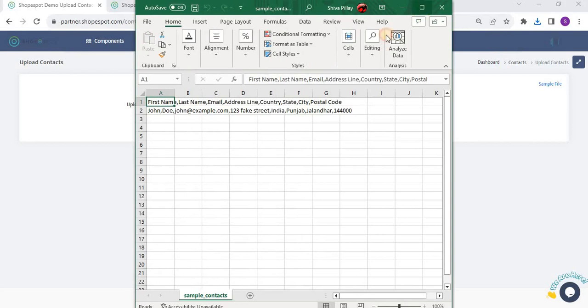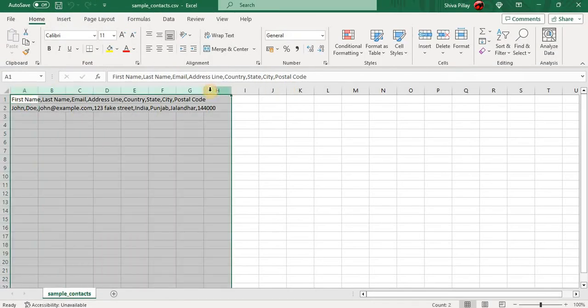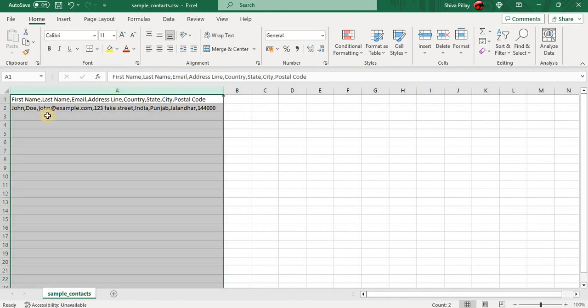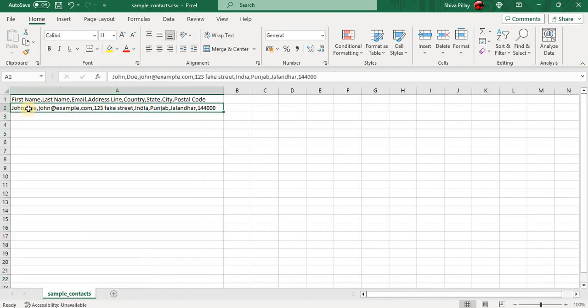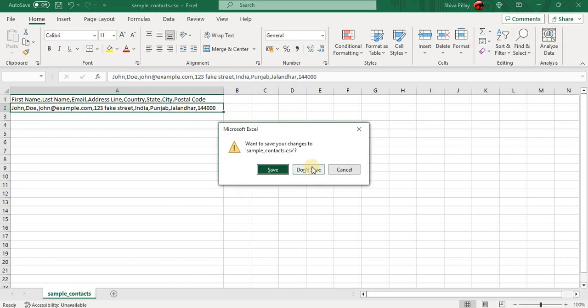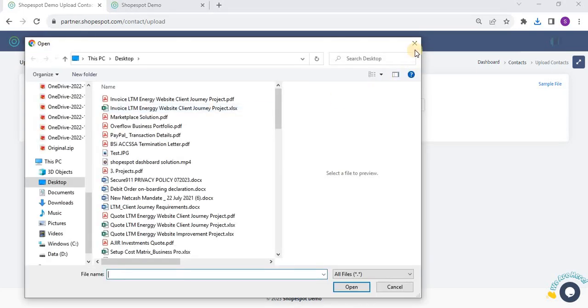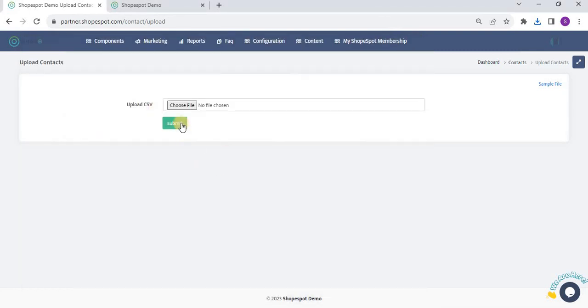And once it opens up, as you can see, here's the format in which your CSV file would be, and you'll obviously just separate that from text to columns, and you can see we've got an example of what that data should be here. Right? So once you have that CSV populated with all of your contacts, wherever it is stored on your computer or on any virtual drive that you have access to from your machine, you'll click on this, select the proper file, click on submit. That will upload all of the contacts via CSV,